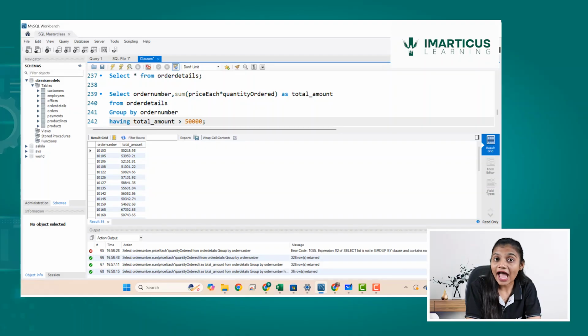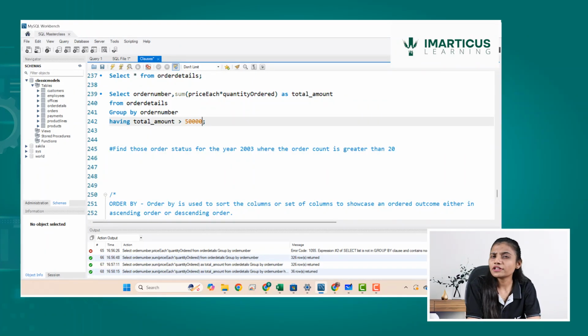So if you see, having that element is important over here, and this is being filtered out over here. So we saw how we filter out the data on the basis of a having clause. The operators which you use in having clause are the same which we use in where.